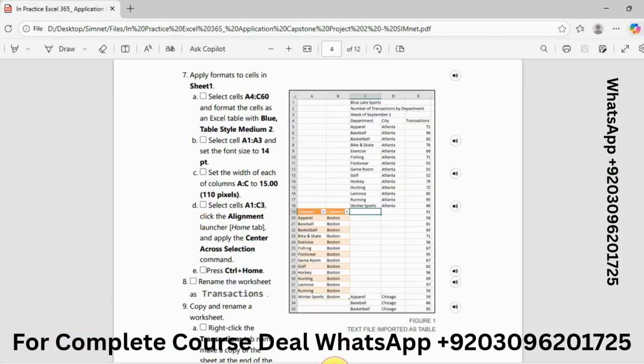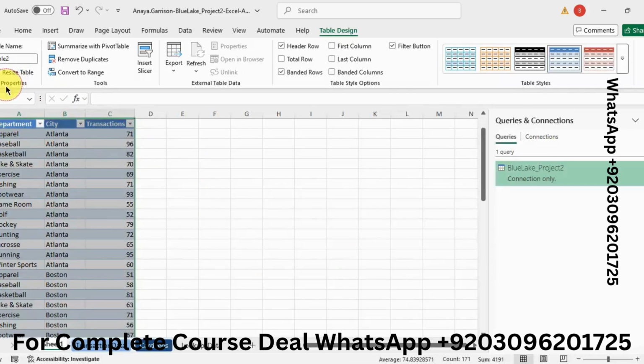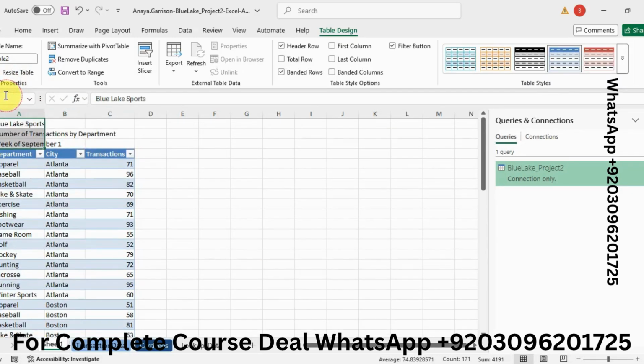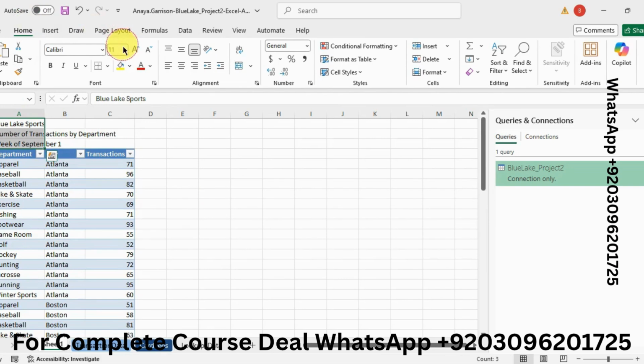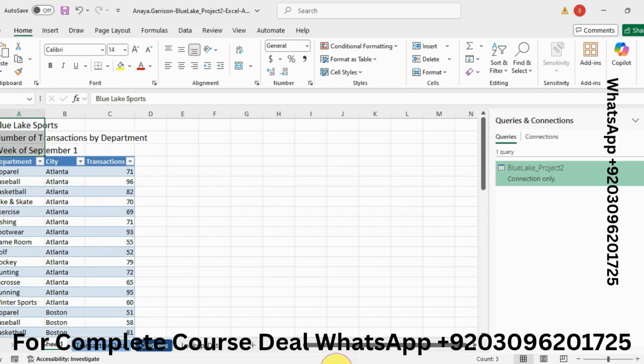I have completed part A, and part B is select cells A1 to A3 and set the font size to 14 point. Click on 14 to increase the font size.